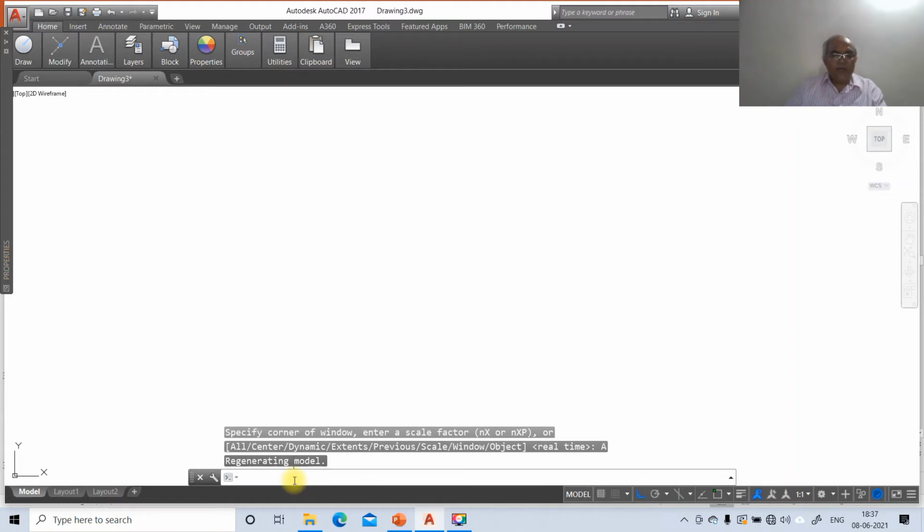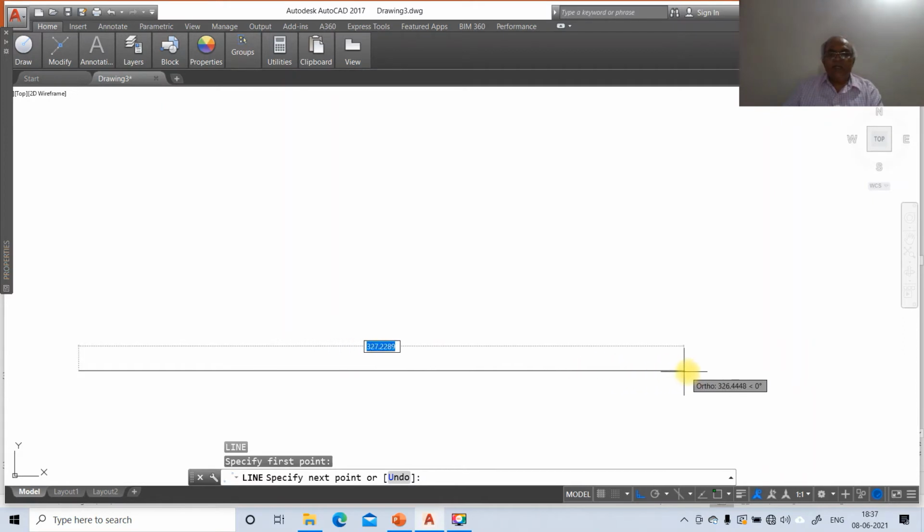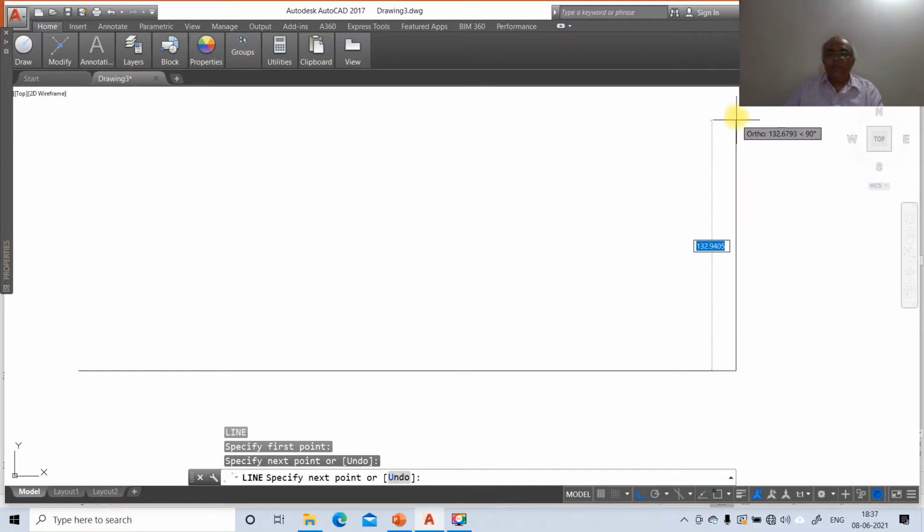Now first we will use the line command, take some arbitrary point and click, drag the mouse towards the right side, take some distance, click again, take the cursor to the top side, take some distance and click again, and then just press enter.